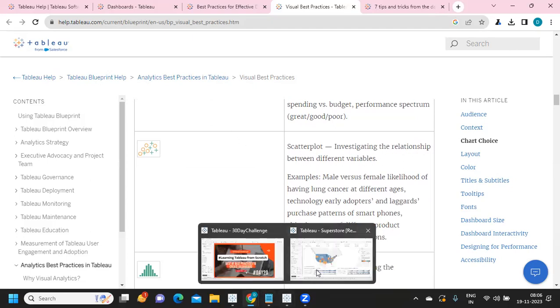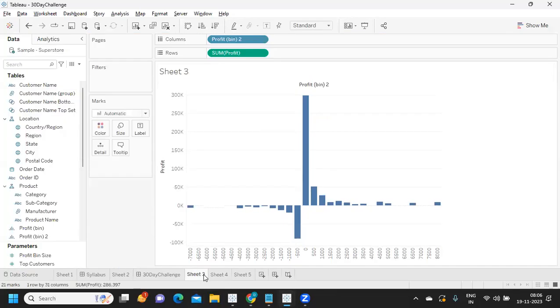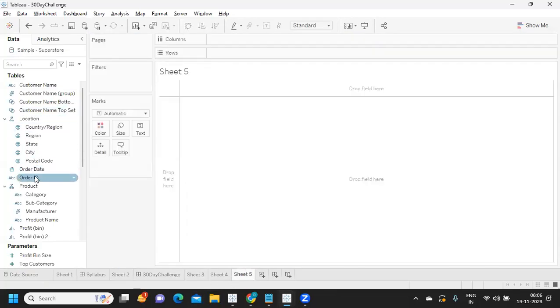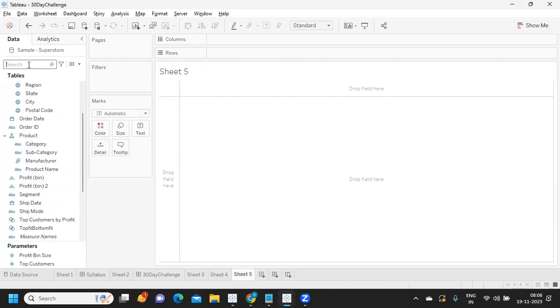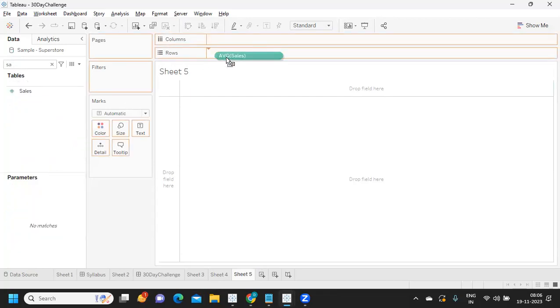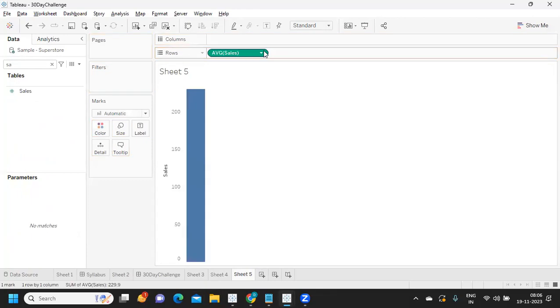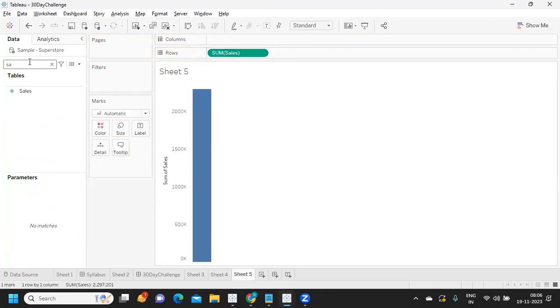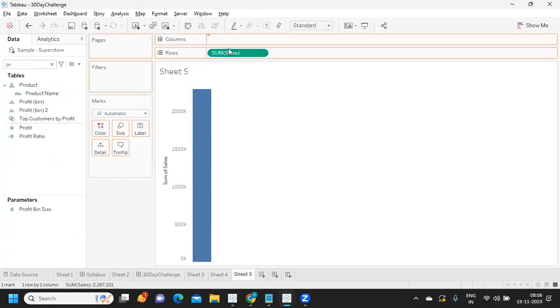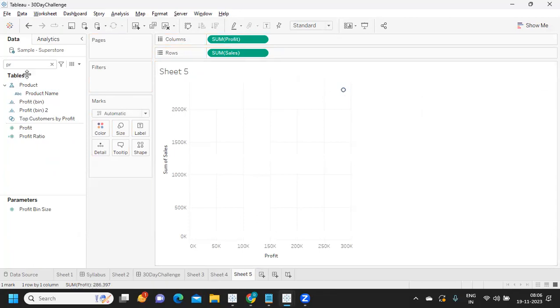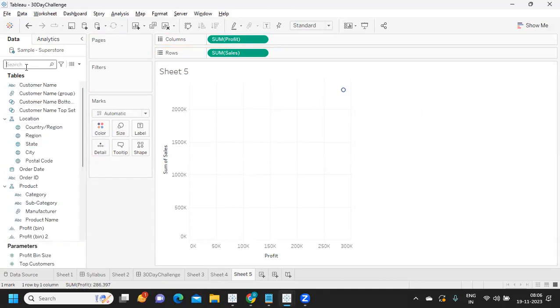Okay, so I would like to show an example here. I'm just trying to leverage my sales and profit here. I'm just dragging it here. Maybe I'll make it a sum of sales and a sum of profit. Okay, so now the more items I add to my detail shelf, if you can observe, currently Tableau is trying to read one mark at a time, but as I add more values, it becomes